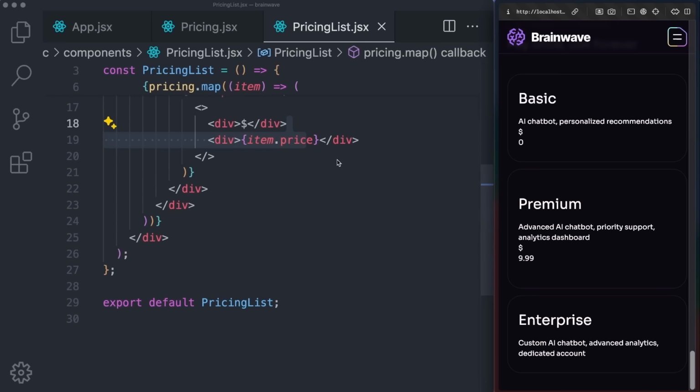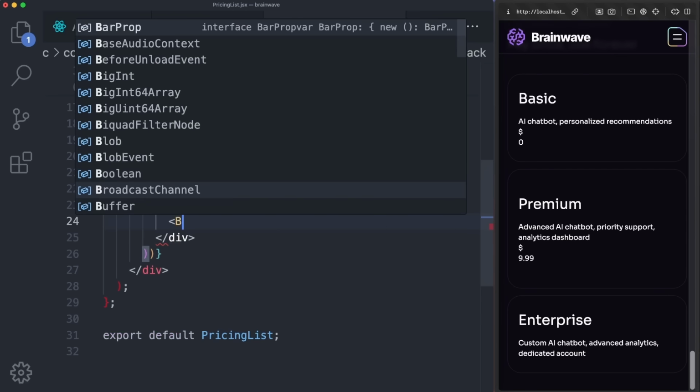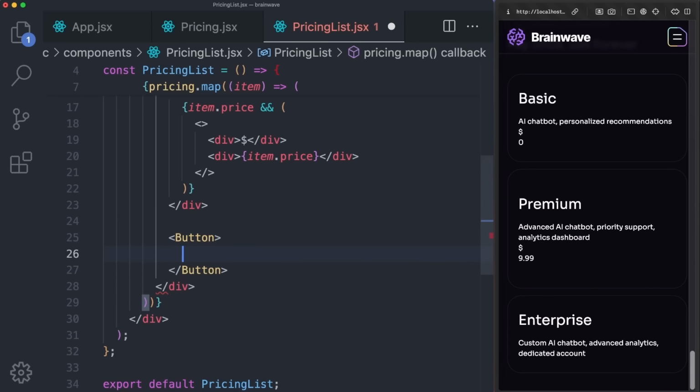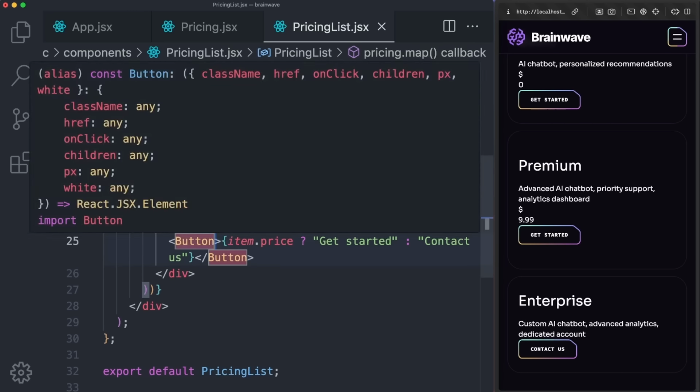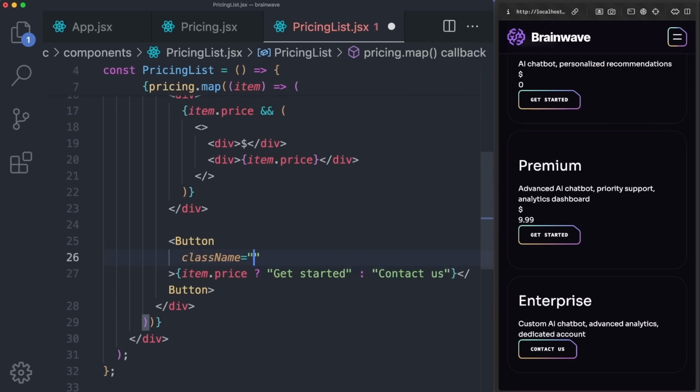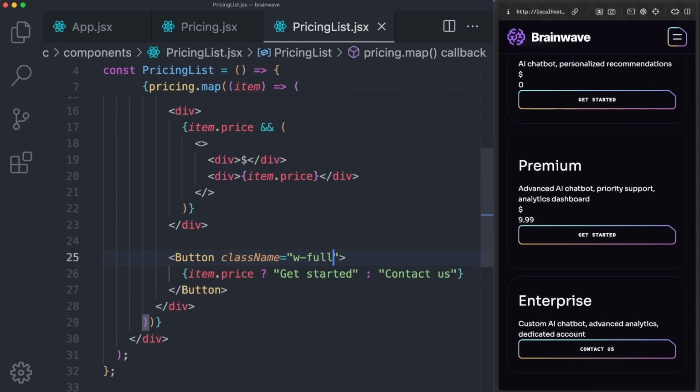Below this div, let's also render a button. This will be a button component that we have created before, coming from /button, and it will simply say if there is a price, so if item.price, then it will say get started, else it will say something like contact us. There we go, already a nice looking button. Also, some of these buttons can have different styling. So what we can do is give this button a class name and give it a w-full,